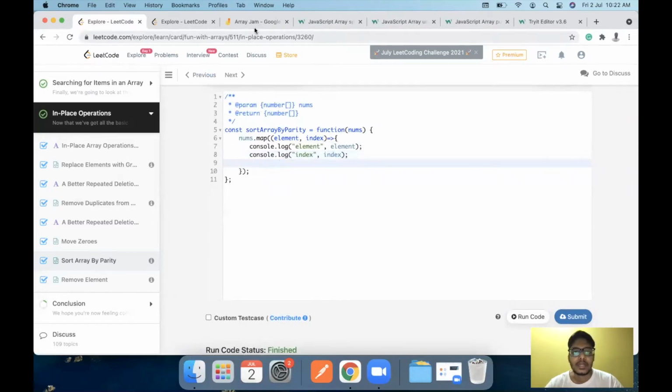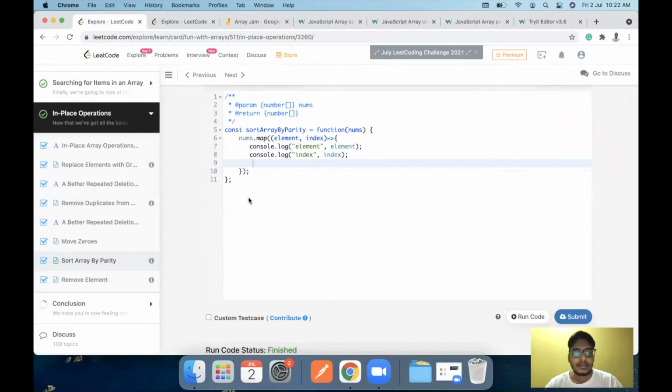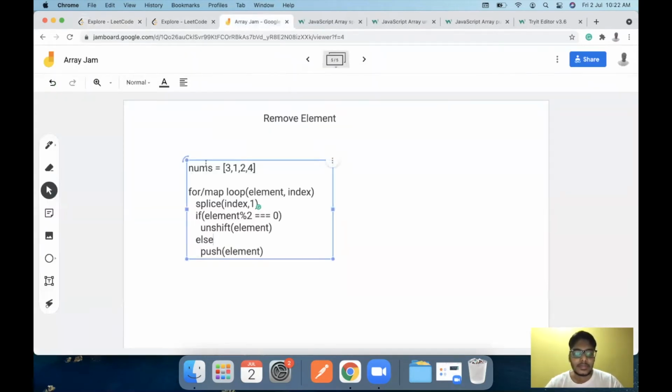Next, we can go ahead with the splice operation. So in this case, we will go with nums.splice(index, 1). This will remove the current element from the array. Then we can go with the if conditions.